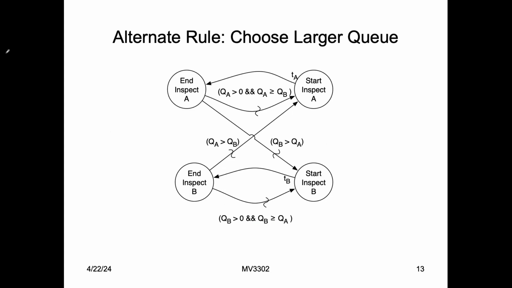But just by chance, if the inspection times are way off like that, another reasonable rule would be to choose the larger queue. And so what does that look like? Well, now my condition needs to look something like this. So when I end inspecting an A, then if the B queue is bigger,